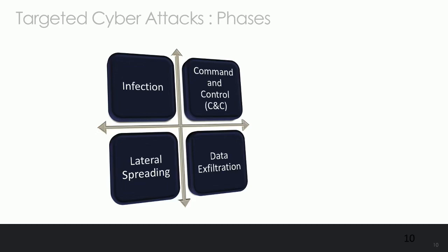From infection, we go to command and control, which is basically, once you get exploited, how the cloud applications which are compromised, or user accounts on them, are going to be managed. Lateral spreading means, can you use the cloud again as a launch pad to distribute different sets of malicious documents on the fly. And data exfiltration: I want your data. So this is the basic taxonomy we're going to use, and we'll dissect it one by one with different sets of attacks targeted specifically at cloud applications.